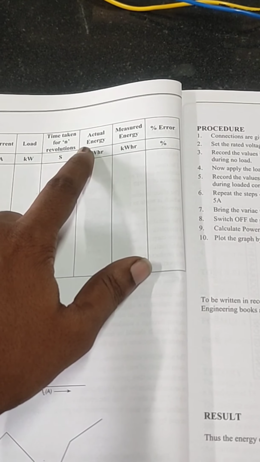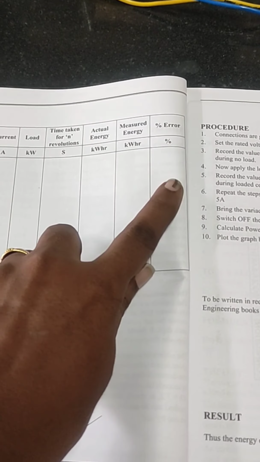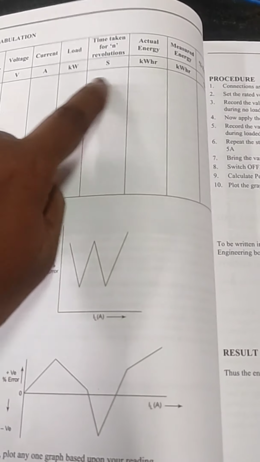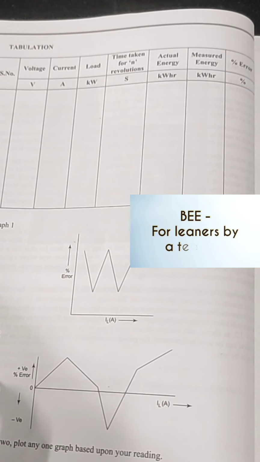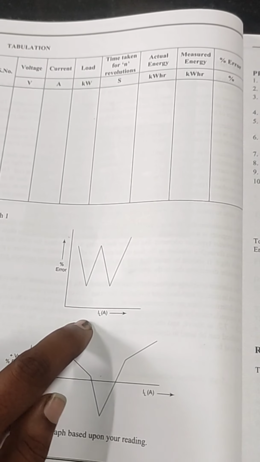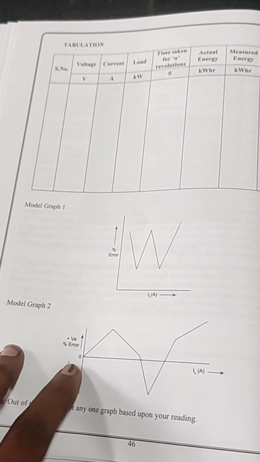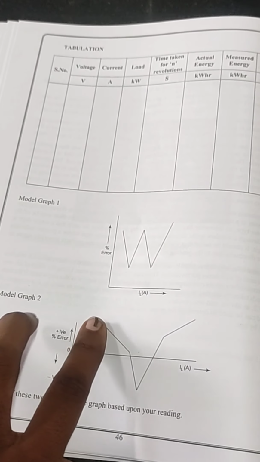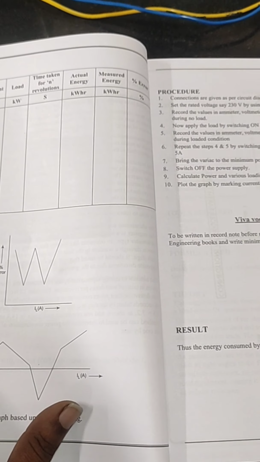So I have given you the formula for actual energy and measured energy. Using those formulae, we need to determine these two as well as the error. After completing this tabulation, we need to start drawing a graph. The graph may lie between these two shapes. We need to draw a graph between error versus load current value. It may be a zigzag wave. Another way is it may start from 0, and it may have a positive error or a negative error. Whichever way you get the readings, both are the same as far as this experiment is concerned. Now the working of this is going to be explained by Dr. S. Raghuram.